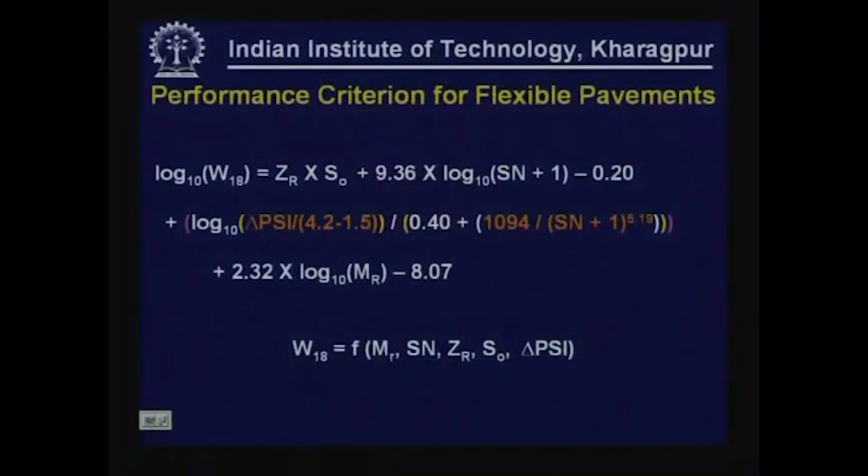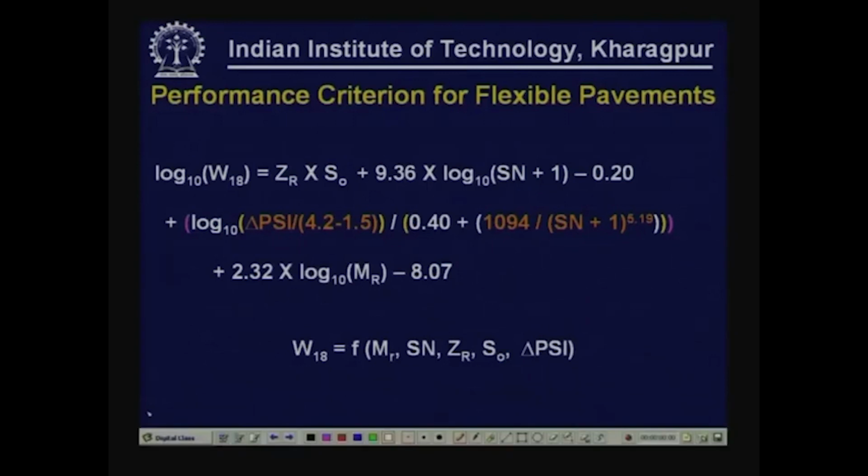This is the performance criteria used in AASHTO flexible pavement design. Have a look at this. This is an equation that correlates W18, log W18, to various pavement parameters and other parameters. We will discuss these parameters. W18 is the number of repetitions of load that a given pavement is capable of serving satisfactorily during its service life period,